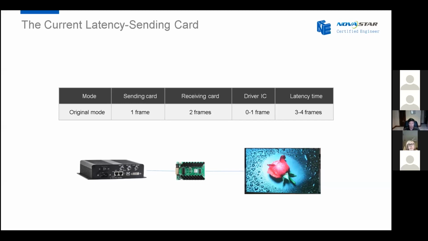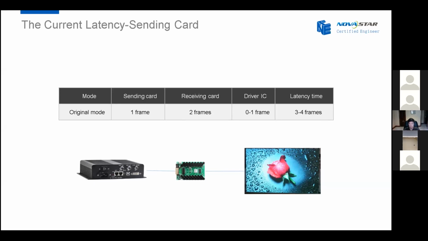Finally, we get the video source on our LED screen. Every step of the whole process needs some time to process the data, like decoding, encoding, and transmitting. So that processing time is latency.